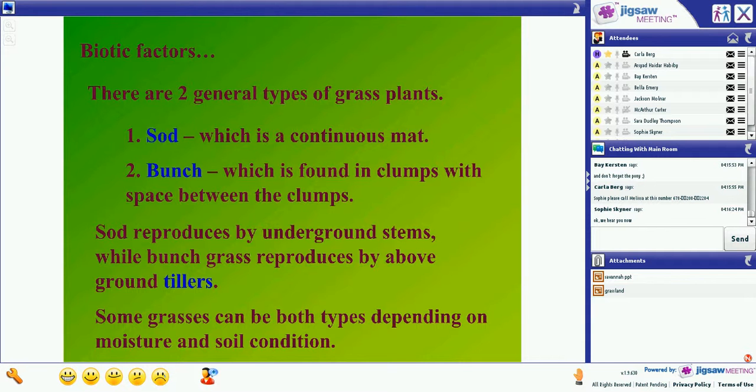Sod reproduces by underground stems, while bunch grass reproduces by above ground tillers. Some grasses can be both types depending on moisture and soil condition.